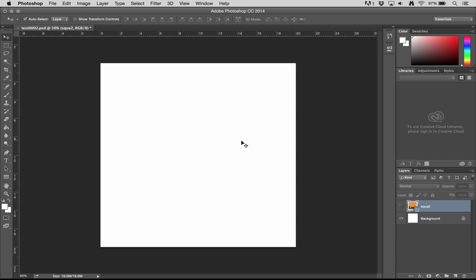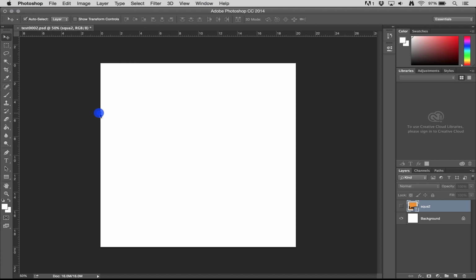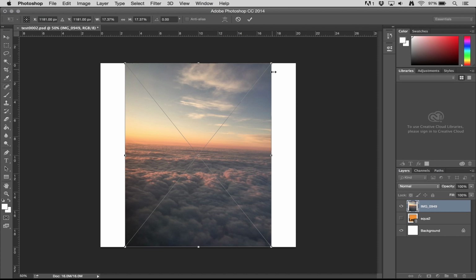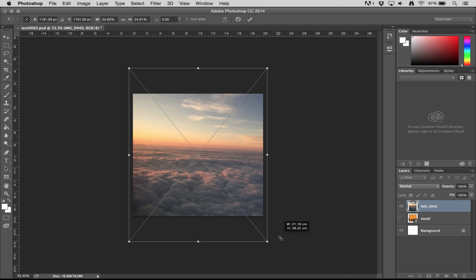Let's have a look at embedding an image into this Photoshop document now instead of linking. So we'll go up to File and Place Embedded, and I'll go and get this picture of the sky. As you can see, it's a bit wonky and it's not filling the frame fully. So Command and minus, we can zoom out a little bit, Shift and Alt, and we can resize this image